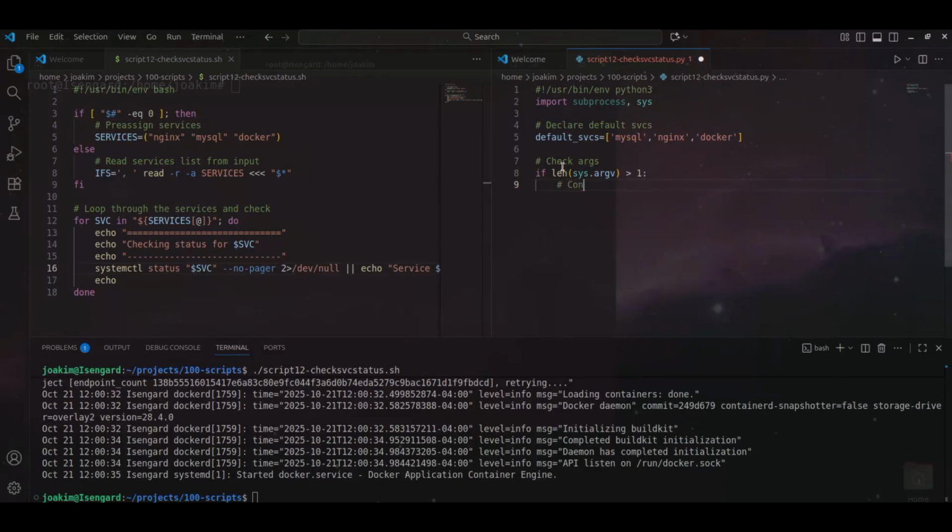We'll convert all input into a list with spaces, and then split. So to that we'll do args equals, let's say, space join